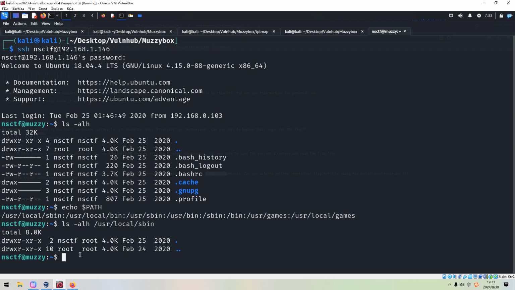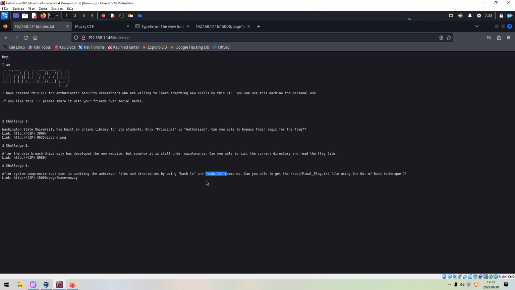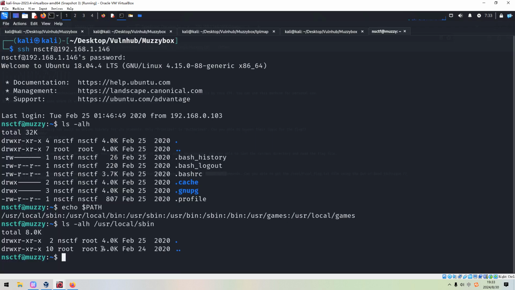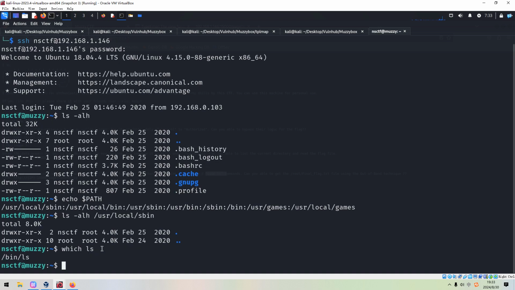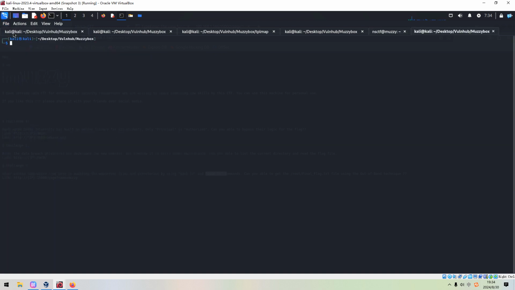Even the current user has a privilege to create the file. And I think another clue with this challenge should be the ls command, and we can run which ls. However, the ls command is under the bin rather than this one. So maybe we can create the same ls command under this directory, because the current user has a privilege to create the file. For example, we can put the reverse command into this file, and so maybe we can open another tab.